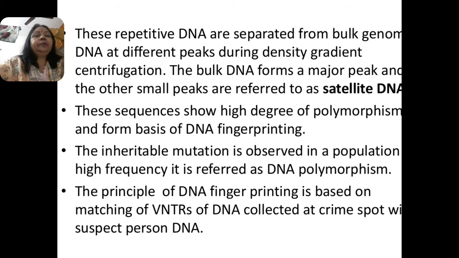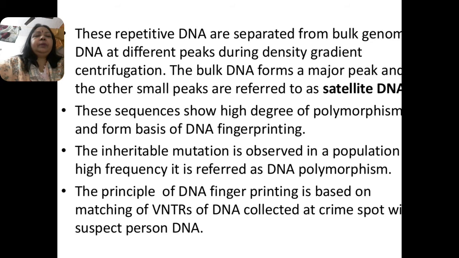One is the VNTR, variable number tandem repeats, or we can say mini satellite. The number of repeats shows a very high degree of polymorphism and the repeat unit varies from about 1 to 20 base pairs. The second one is SSRs. The full form of SSRs is simple sequence repeats, also known as short tandem repeats, STRs, or microsatellites, with just 1 to 6 base pairs.